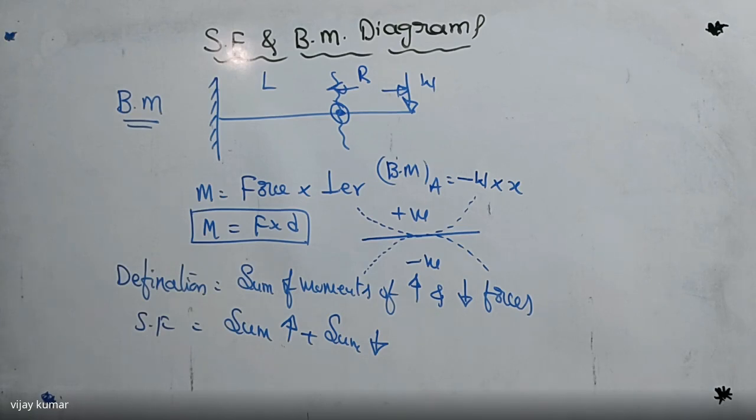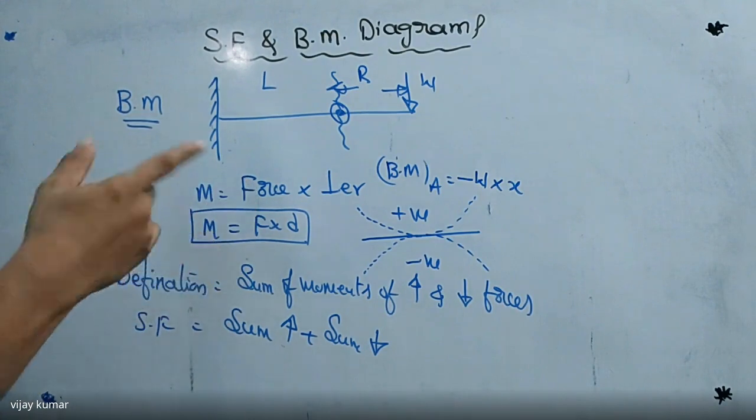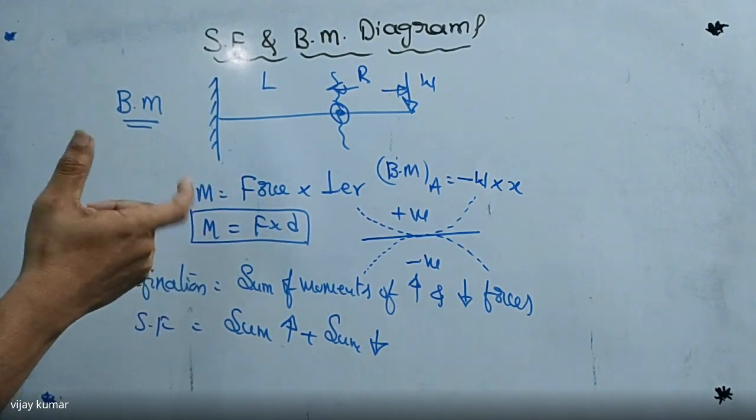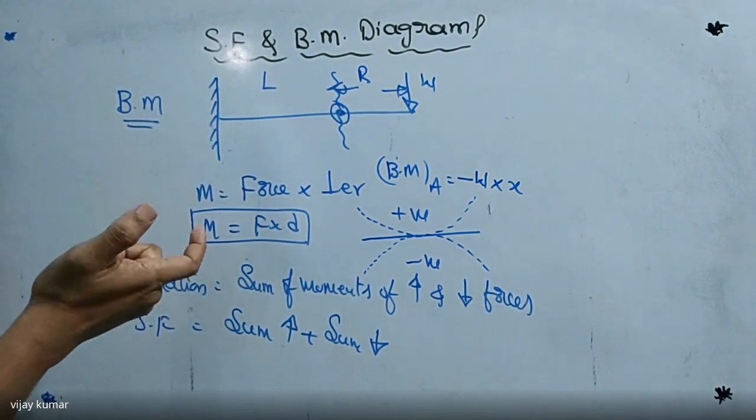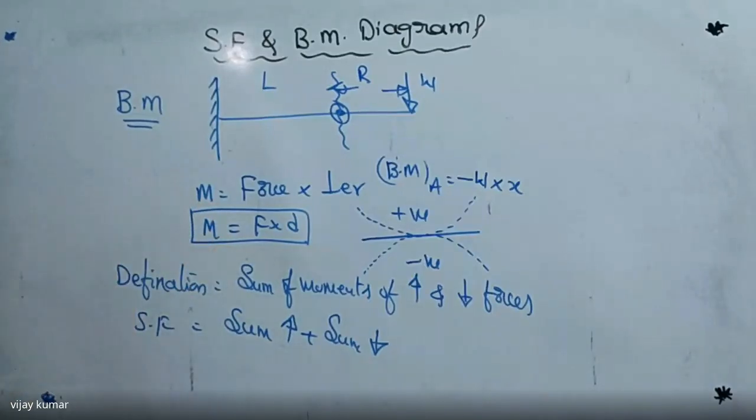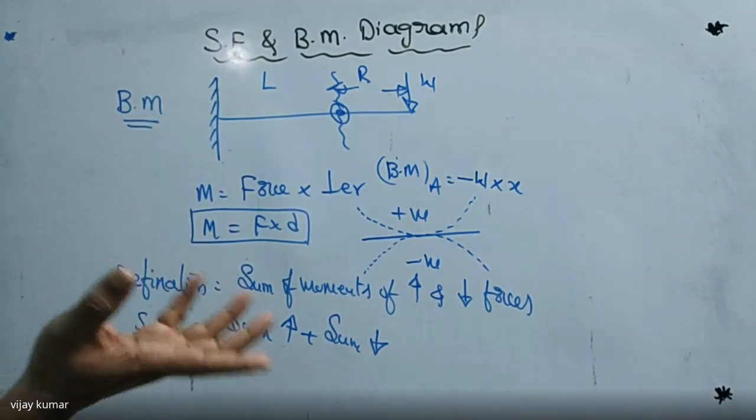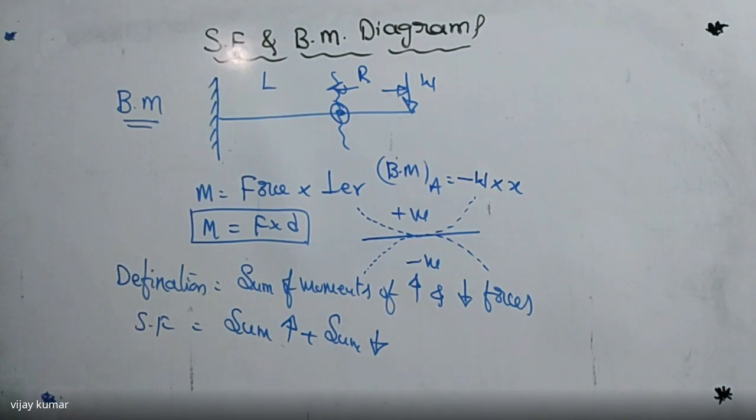I have already told you, in case of ductile and brittle material, we have one term that is nothing but factor of safety, that is always equal to maximum stress by safe stress, or maximum force by safe force. If you know the maximum force, automatically we can find the safe force, that is always less than the maximum force. Then divide those two, then we get the factor of safety. Then we can design the component.